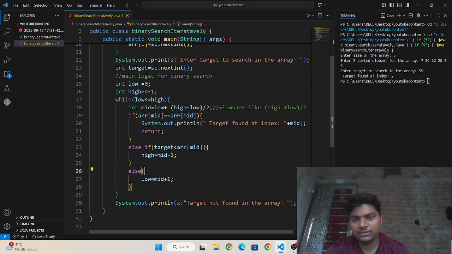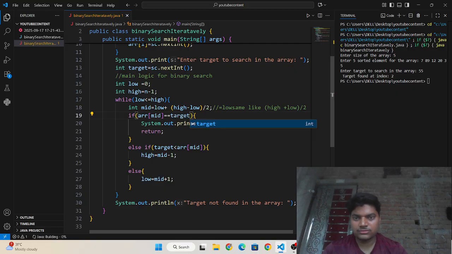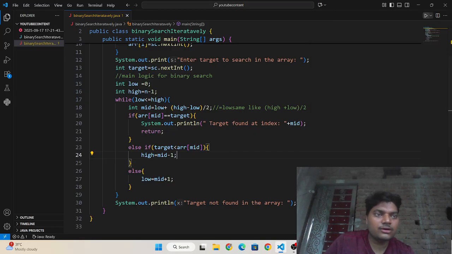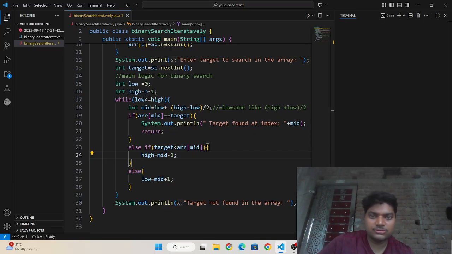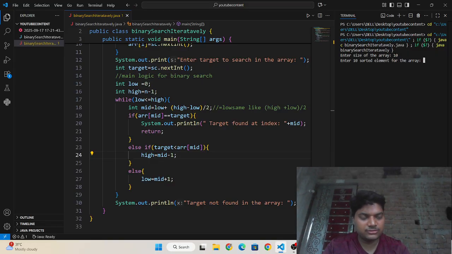Here you need to enter target. Now I am going to enter it. 10 elements I am entering. 1, 2, 3, 4, 5, 6, 7, 8, 9, 10.